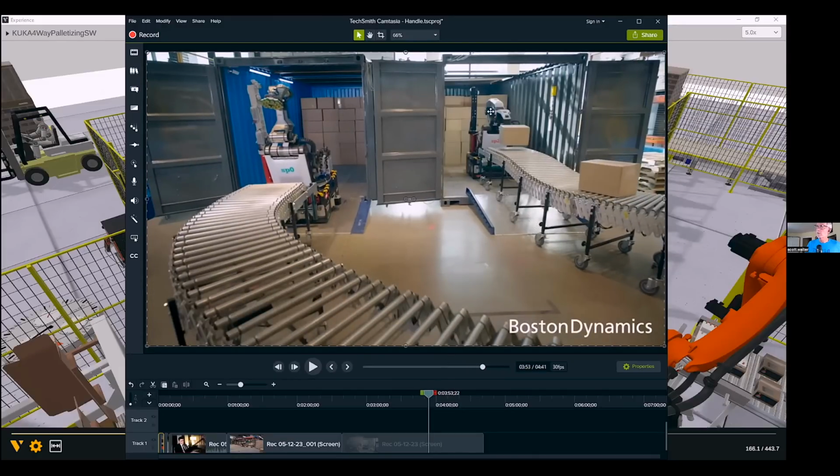The robot's got that under control. It knows where that is. It's like, oh, the arm's out of the way, let me get a picture of the state right now. Yeah. And so it's getting that, and then it's processing it. And then the robot, by the time it's done with that pick, it knows what the next pick is going